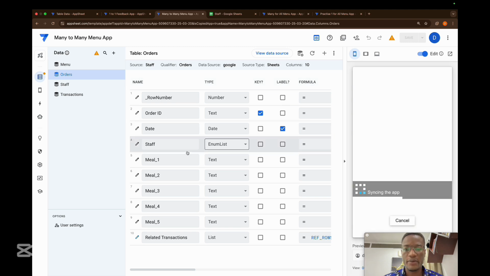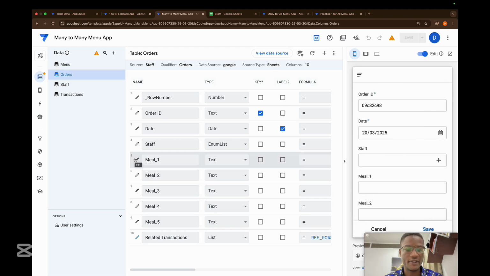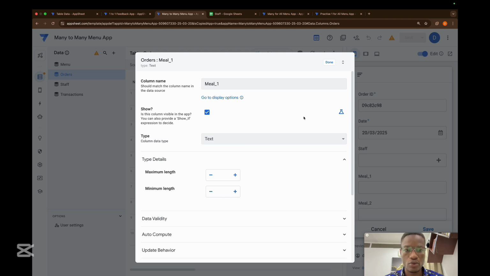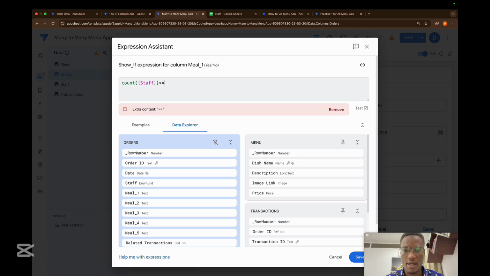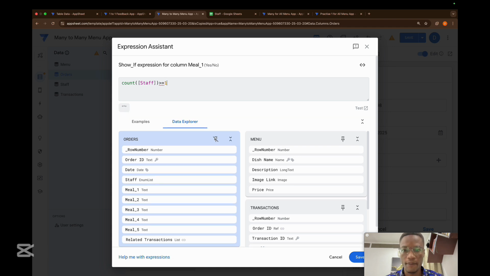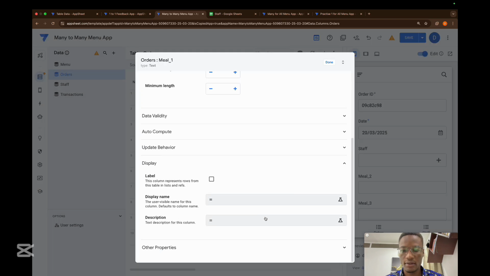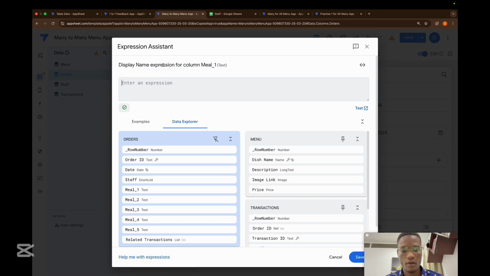Okay, so now we have this in place, and then we're going to do the same thing as we did previously to control two things: when it pops up and what the name is going to be when it pops up. So I'm going to click count stuff. I believe I already have this saved, so I'm just going to put one here. Okay, and then display name, right? It's going to be index